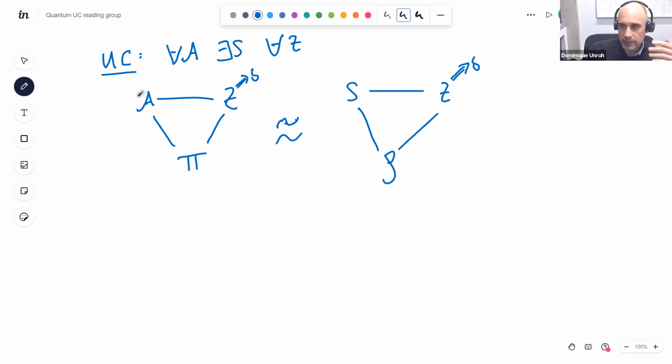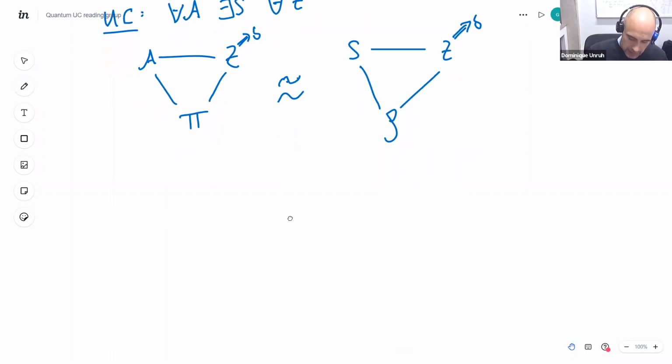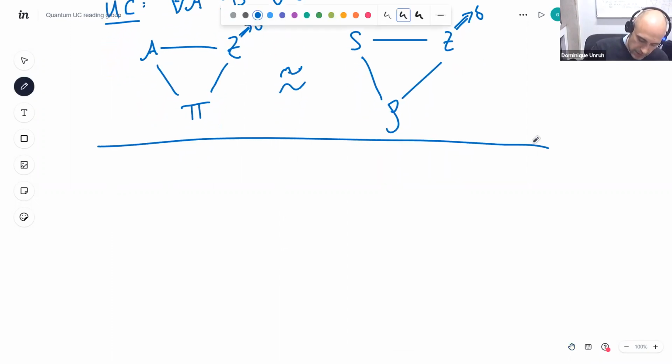Doing this in detail is always a bit tiresome, because you need to define all kinds of things, like where do I put the ID of who gets it and so on. But on a high level, it's pretty simple, or let's say, on a level that captures the essence of what's happening. So when I want to define quantum UC, I need to have the machine model.